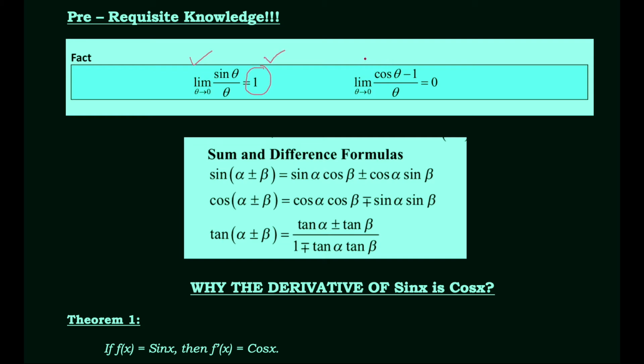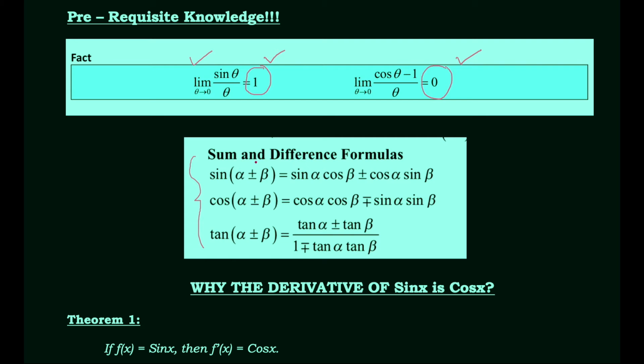And the second one here is the limit of the cosine of an angle minus 1 over that angle as that angle approaches 0 is always equal to 0. Okay, so those two important limits in precalculus will play a very important role in our proof of the derivative of sine x. Another background that you should remember from your trigonometry will be the sum and difference formulas